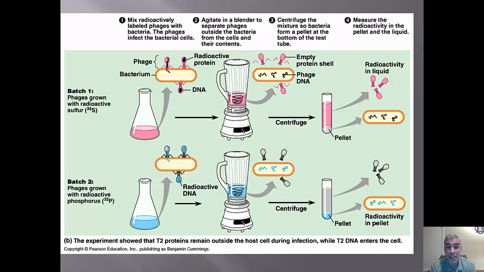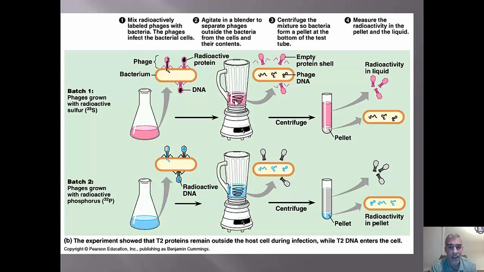It seemed this is literally like the blender that Miss Bebeck has in her room. They took and they incubated phages in radioactive sulfur in this flask and radioactive phosphorus in this flask. Now notice what's radioactively tagged. They tagged it in pink. When the sulfur was tagged, the outside of the phage was the thing that was radioactively labeled. Again, they didn't know that, but now we know that's how this works, right? And here the DNA was radioactively labeled, so the blue on the inside.